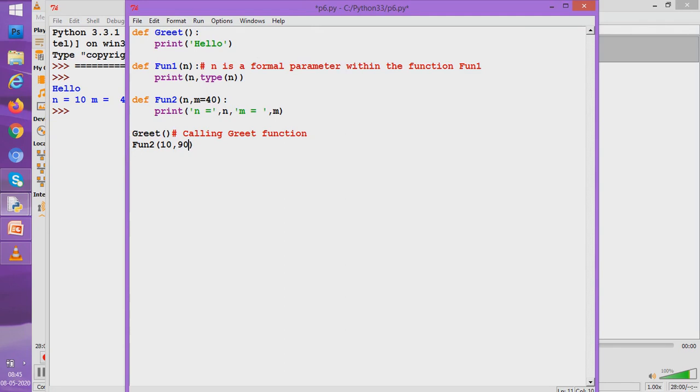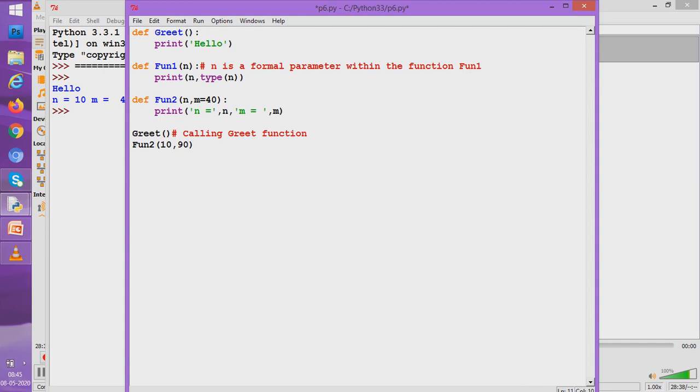Students, the interpreter is a bit miser. When you give a value, it hides its own value and uses your value. You can well understand what I want to say. I am saying that if you have given 90, then m is going to use your 90. M is not going to spend its 40; it is going to hide the 40 which it has, use your 90 and do the work.